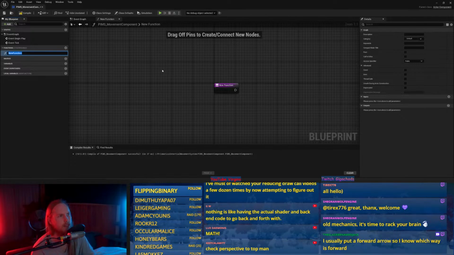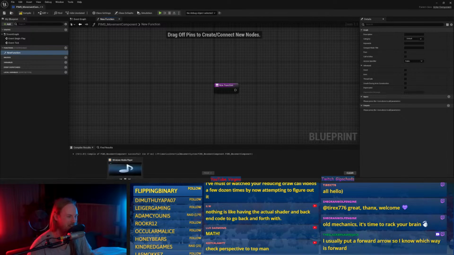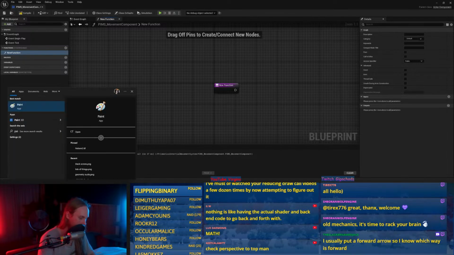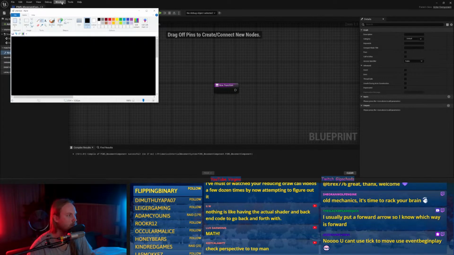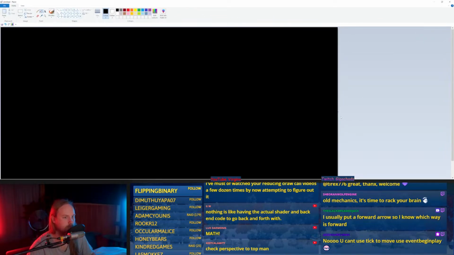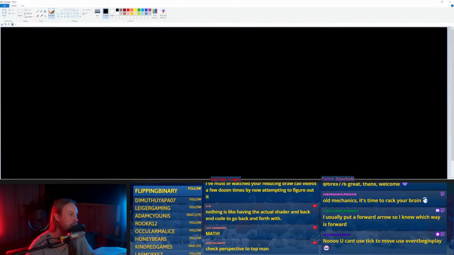What's our order of things? So the gist of it is we have our three mass points? Balance points? I don't know. Let's get paint going. Use begin play. Use a looping timer set to 0 seconds.